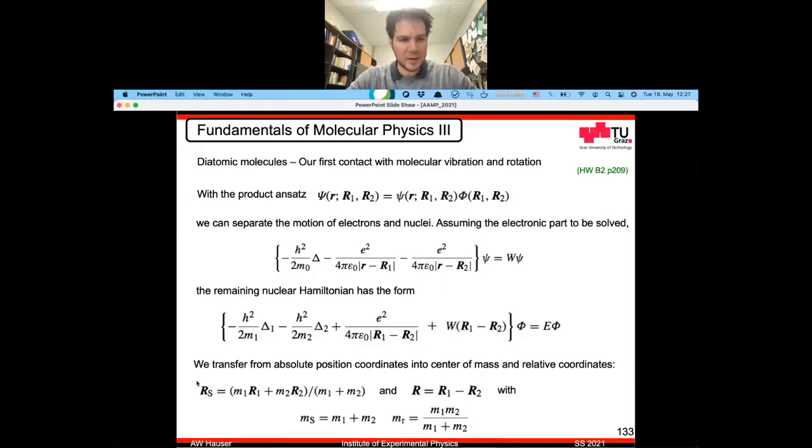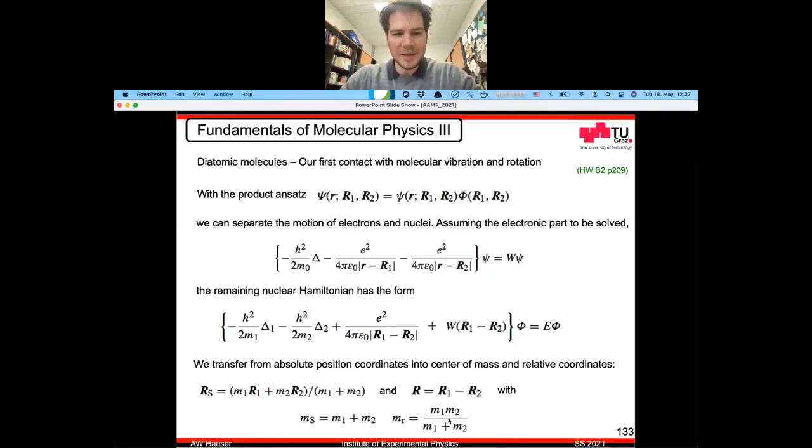And so we get Rs given by this formula, with Ms as the total mass and Mr as this reduced mass, which is the product of M1 with M2 divided by the total mass, M1 plus M2. Okay, so that's our transformation. We can take derivatives, we take the second derivatives as well, and translate our nuclear Hamiltonian from R1 and R2